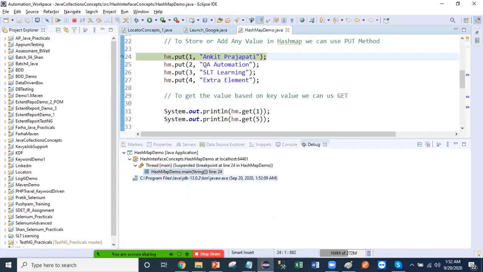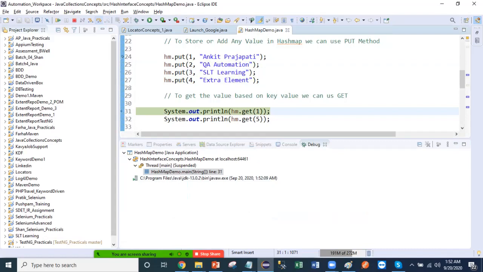Now it's showing me the code file, line number 24. Okay, this is line number 24. Then I will go to next. Once I am on line number 24, what is next? So I will click on next. It says line number 25. Then next 26, then next 27, then next.